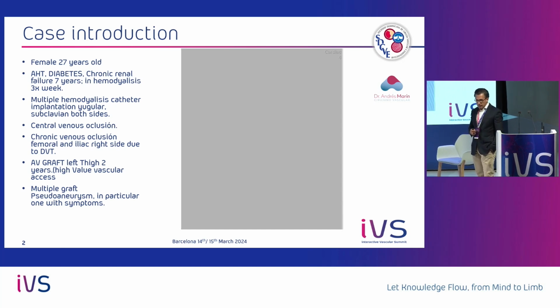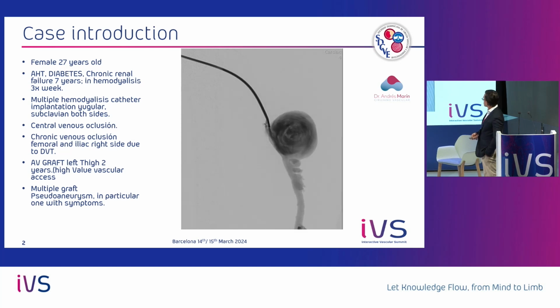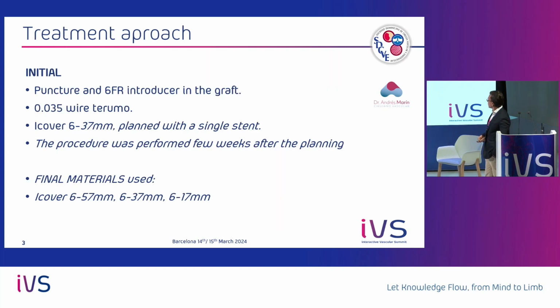And I made an AV graft on the left side two years ago. I can say this is a high-value vascular access. Now the patient comes to the consultation with multiple graft pseudoaneurysms, in particular one that is concerning, with symptoms. And this is the image of the pseudoaneurysm. So the initial approach was a puncture with a 6 French introducer in the graft,